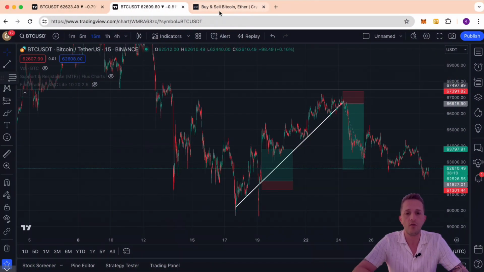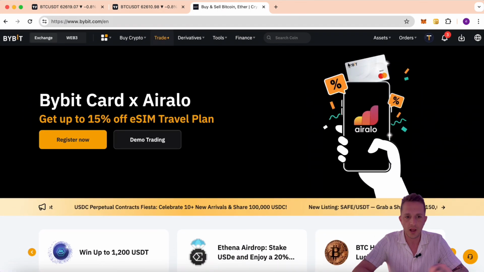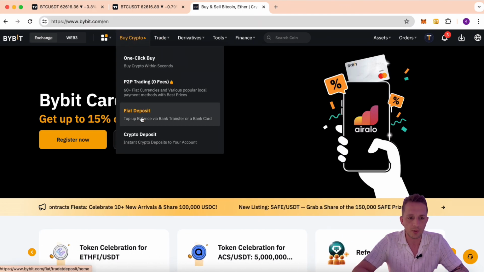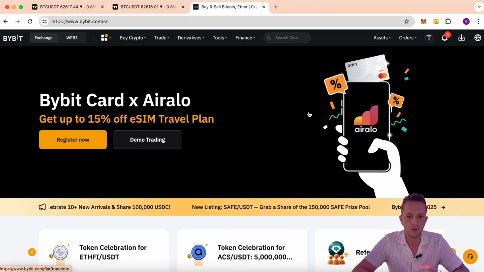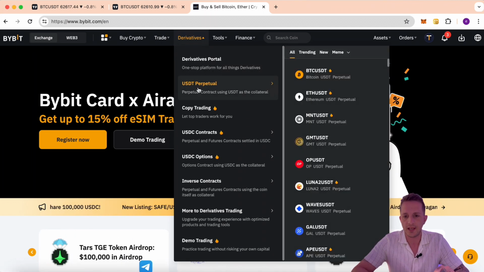After you sign up on Bybit, you will see this dashboard. You will deposit into your account. You can do it from here. You can deposit crypto, you can deposit via card or bank transfer or whatever. You can do everything basically. So after you complete this procedure, we go on USDT perpetual and we select the pair that we want to